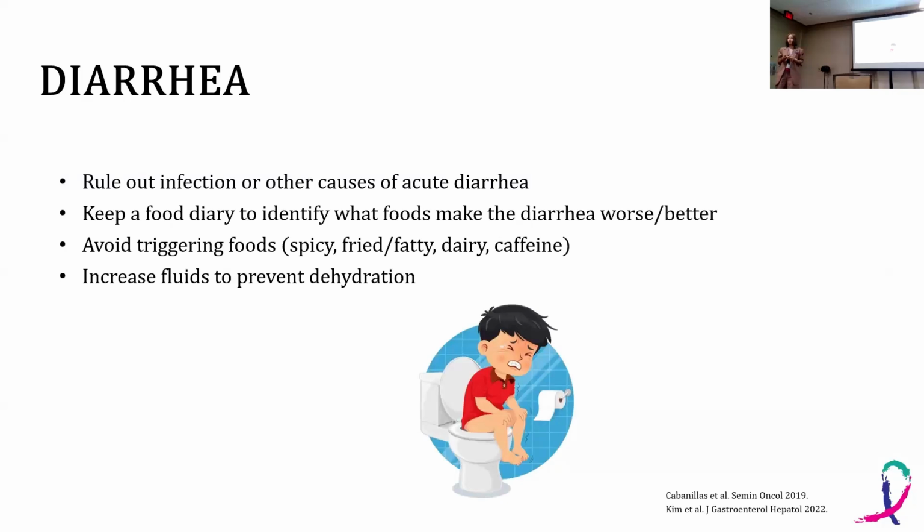So when a patient starts having diarrhea on a kinase inhibitor, if they had normal bowel movements before the treatment, then of course the first thing we want to exclude is another cause for diarrhea. We can't just assume it's coming from the chemo. We want to make sure that we're not missing anything else. So make sure there is no infection or any other cause for diarrhea. And once we've ruled out all of these conditions and we know that it's coming from the chemo, then one